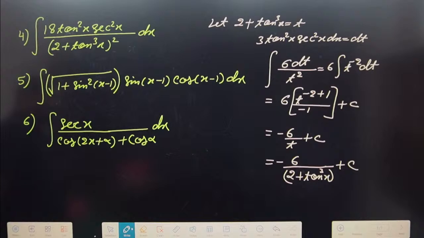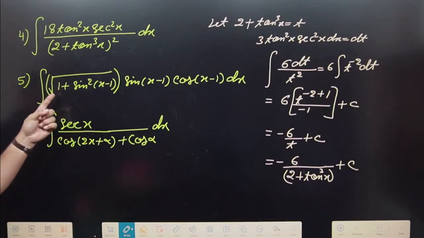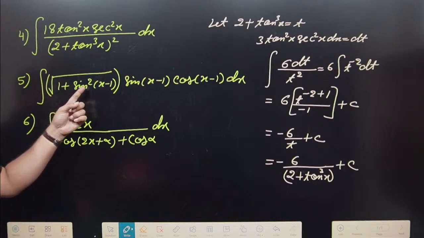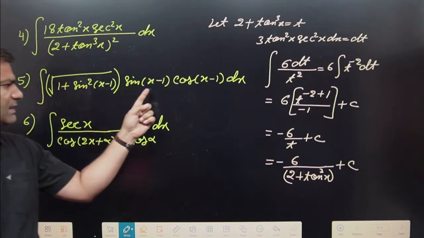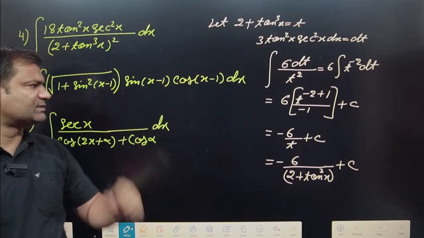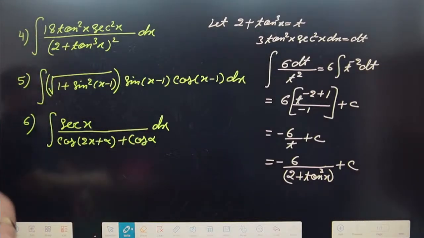So the final answer is minus 6 upon (2 plus tan x) to the power q plus c. Now, how can we solve this type of problem? Here, under root 1 plus sin square x minus 1 into sin x minus 1 into cos x minus 1. Now, if sin x minus 1 is taken as t,